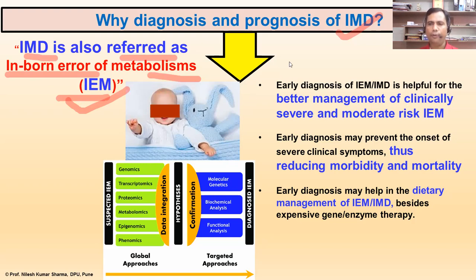That leads to the failure of those enzymes to work, so that a certain substrate is not converted into the product. That means it is the non-functionality of the enzyme, and that is why it is referred to as inborn error of metabolism. And why is it inherited metabolic disorders? Because metabolic disorders are there, but they are actually inherited from mother or father, and in most cases it is autosomal recessive genetic conditions.